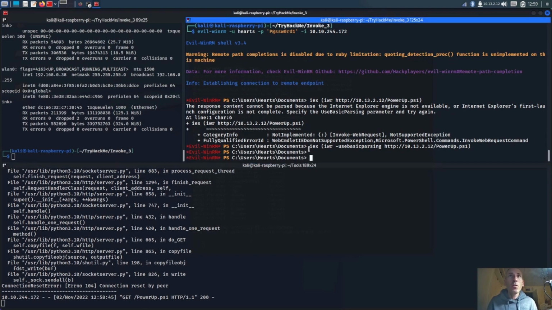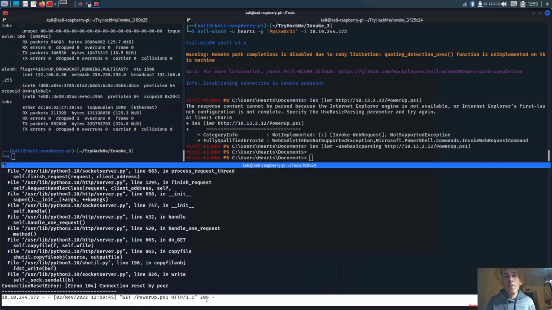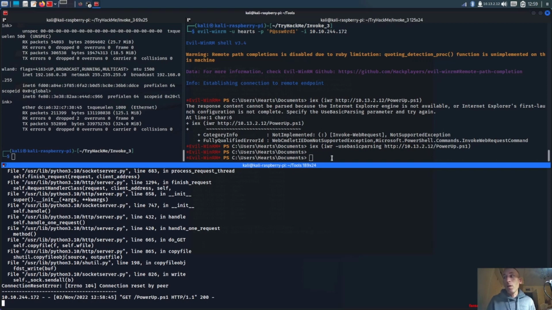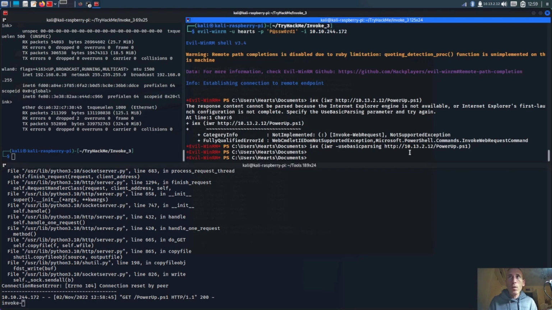Okay, so sometimes you need to do an AMSI bypass. Sometimes you don't. Don't ask me. All right, cool. It'll get it, but then all of a sudden it'll be like, this is a virus. So sometimes you do it, sometimes you don't. Okay, so we got PowerUp in there now. Let's go ahead and do an Invoke-AllChecks. If I do it on the right spot,